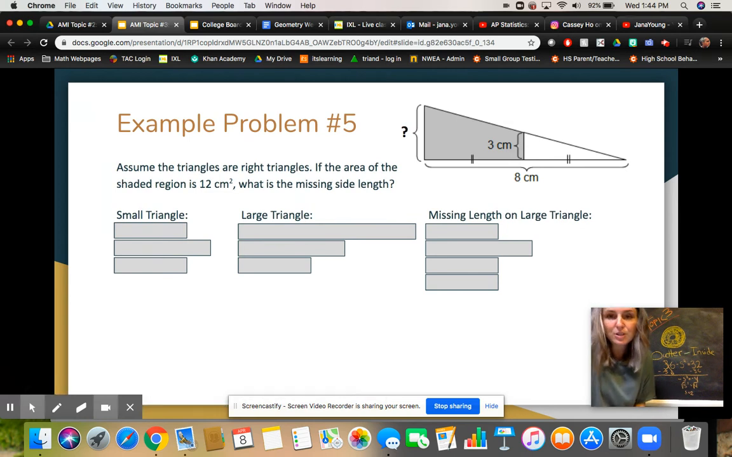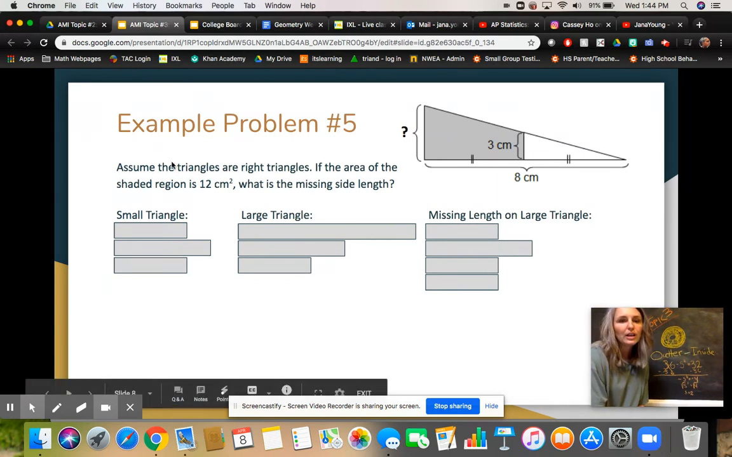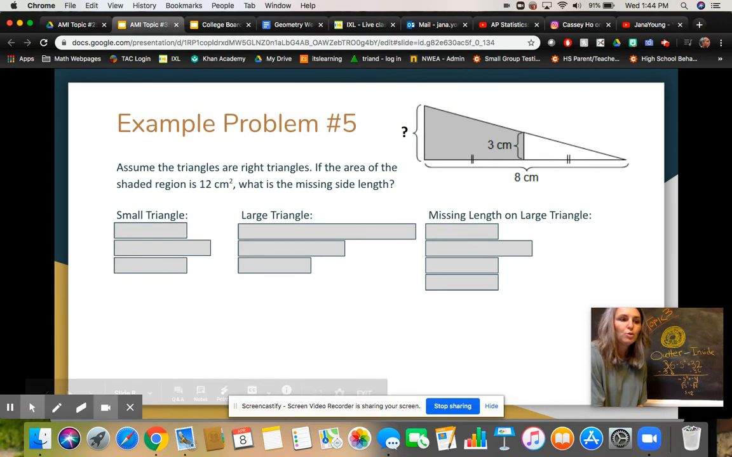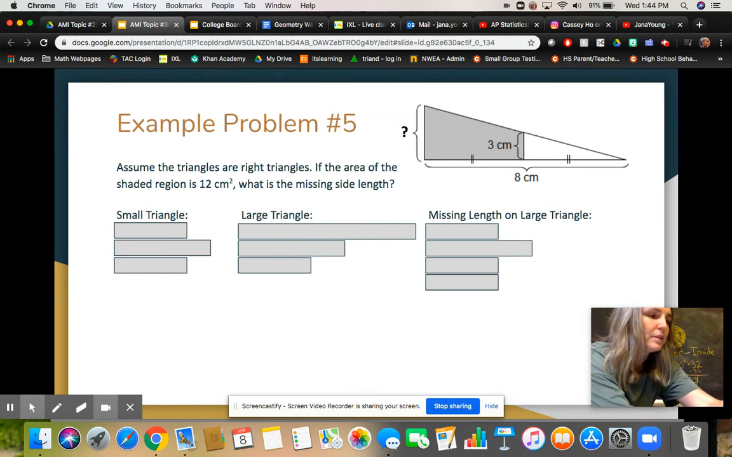Okay, next shaded region problem, we're looking at a triangle where you're basically cutting off the tip of the triangle, right? But what we're looking for is, what's this side length? The shaded region here is actually a trapezoid. But to me, it looks like you took this whole triangle and then you just cut off this part, right? So if I were to take a piece of paper and make a triangle out of it,